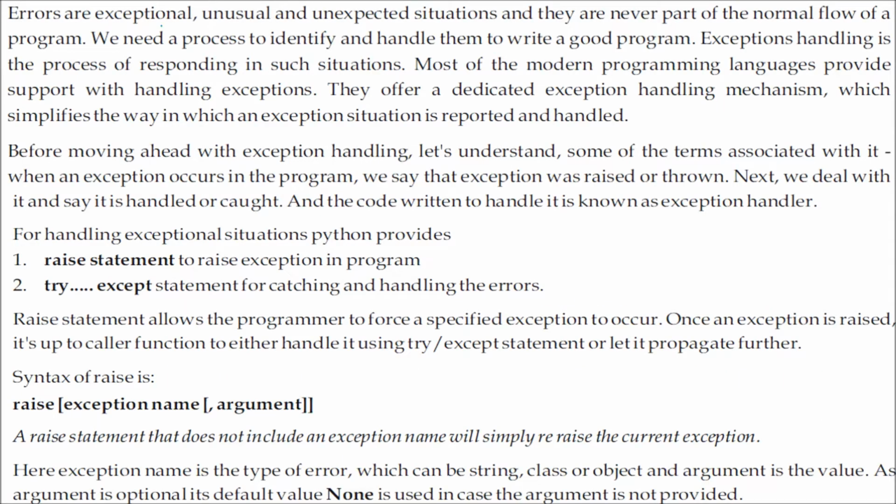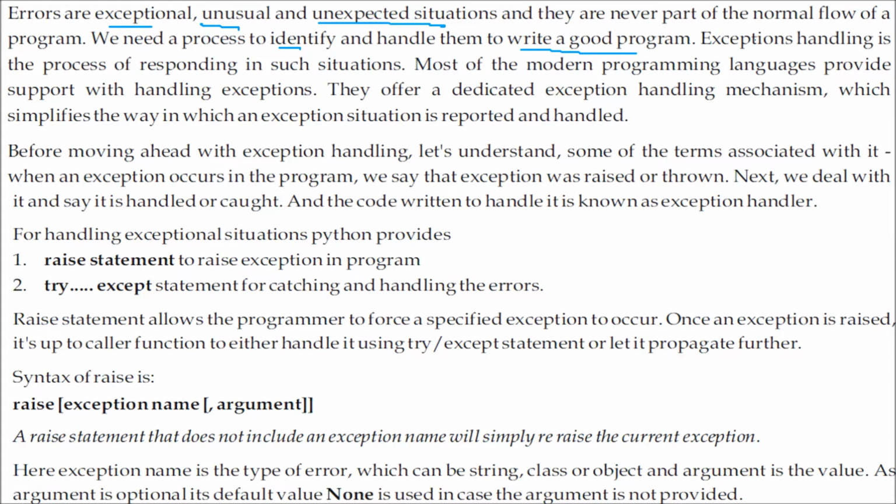So errors are what? They are exceptional, unusual and unexpected situations, and they are not part of the normal course, the normal flow of the program. We need to identify and handle them in a very good way. That is, we have to write a good program.